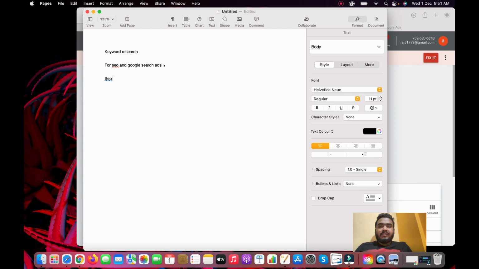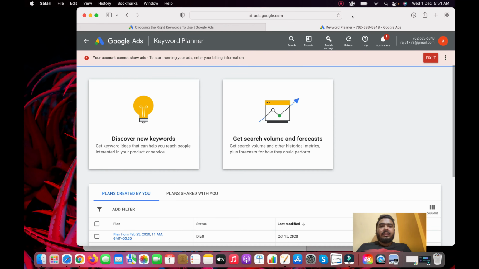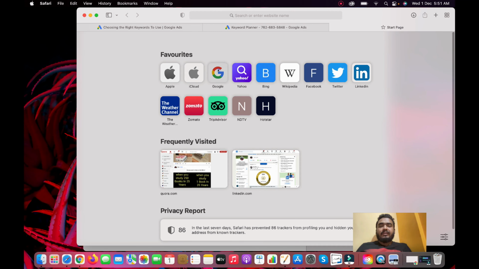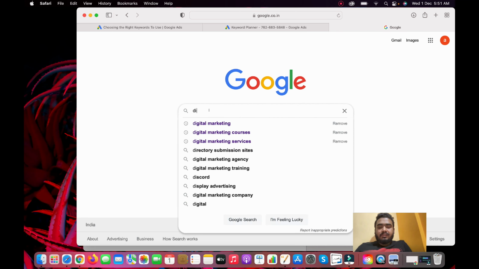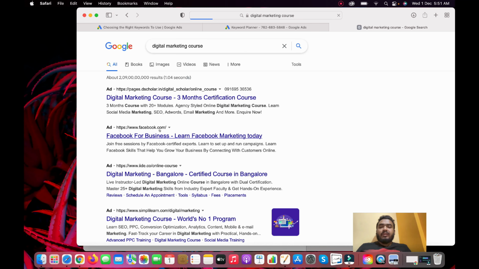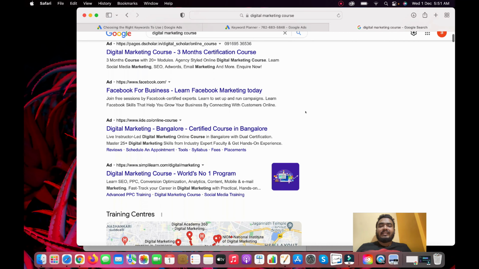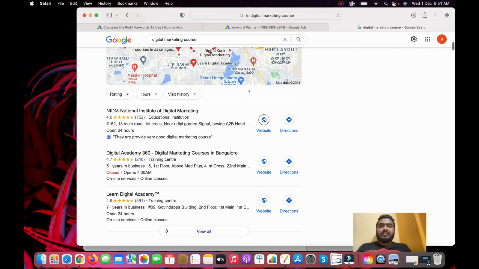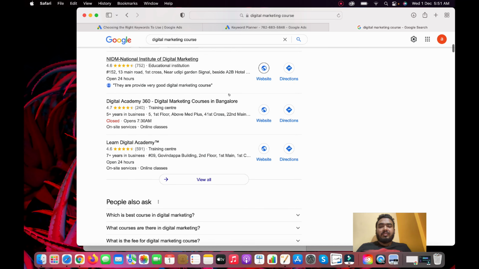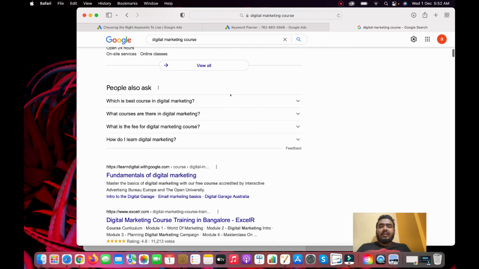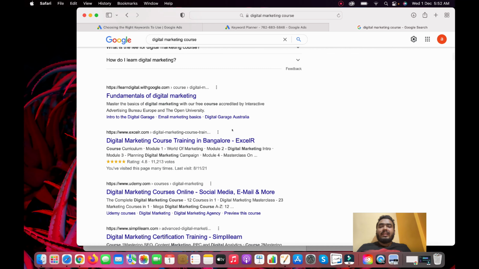For those who don't know what SEO is, whenever you search in Google, for example, if I open a new tab and go to Google and search, suppose, digital marketing course, you can see a few results coming with the ad word, which is called a search ad or text ad. Below that we have the business listing, or review rating page, or GMB, Google My Business. Then afterwards, whatever we are getting here, we call SEO results.